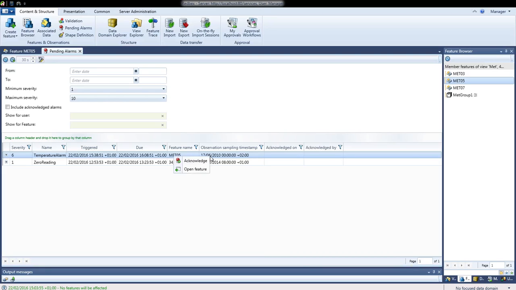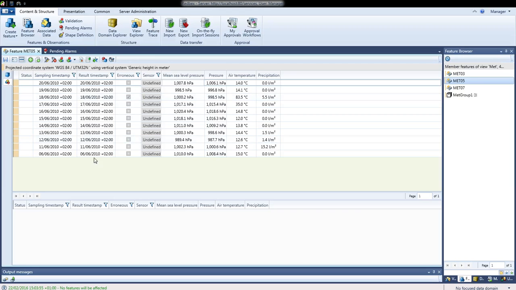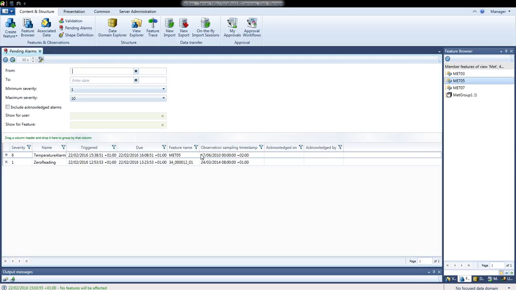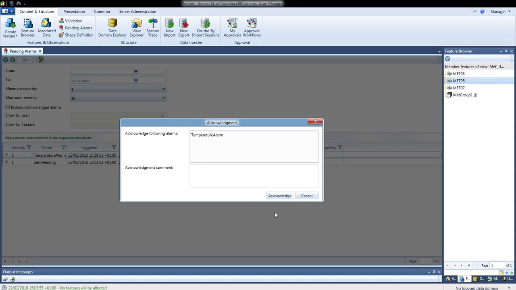In the context menu I have the possibility to open the feature, to have a possibility to watch the measurements actually, and I can also acknowledge the alarm, so I have seen it and the system notices that I have seen this alarm, and therefore I get an extra window. I can acknowledge this alarm right now and give a comment